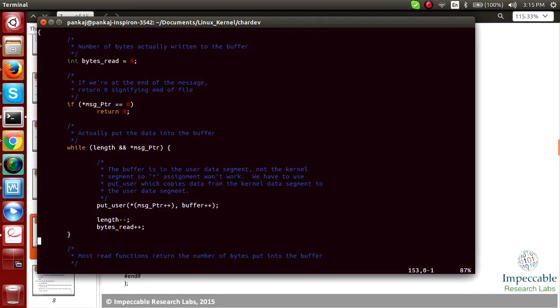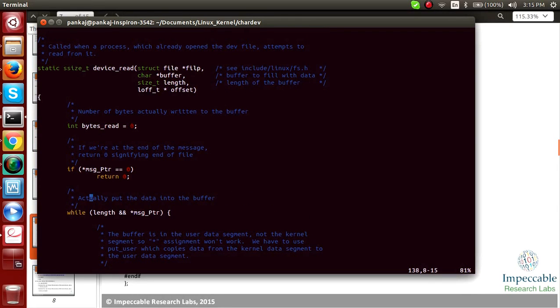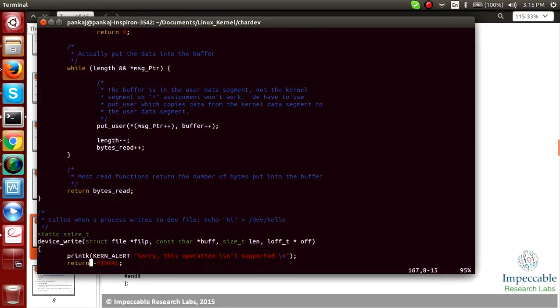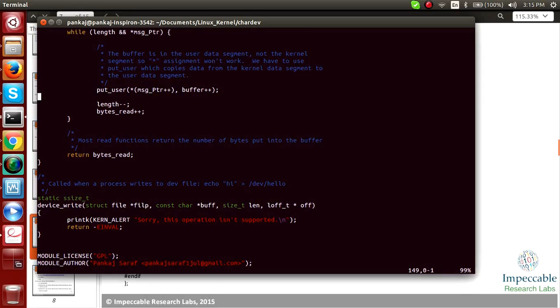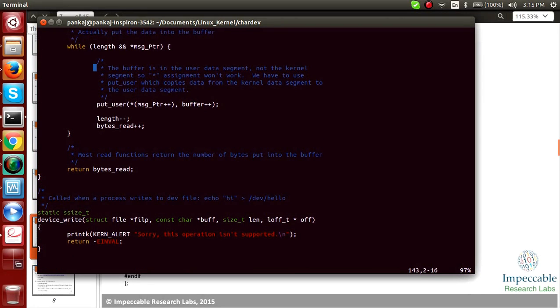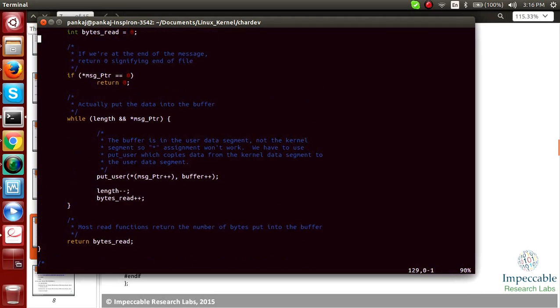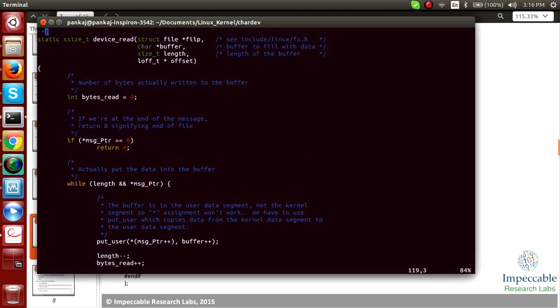Okay, so device read, what it does is, you can pass some message to this particular driver or device file, and it will tell you that this many bytes have been read.